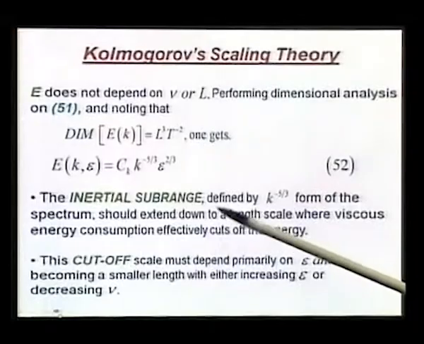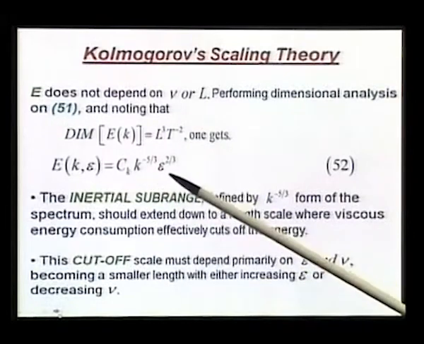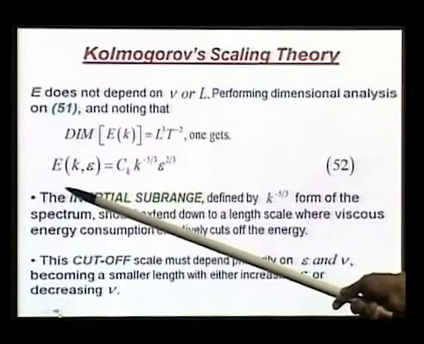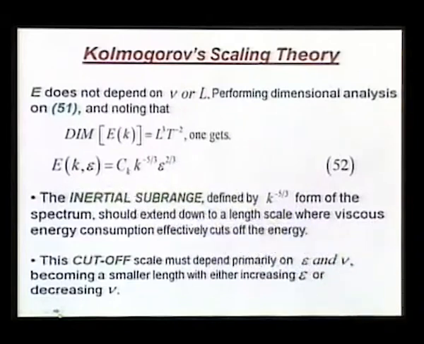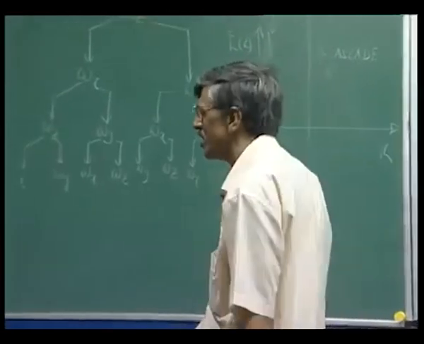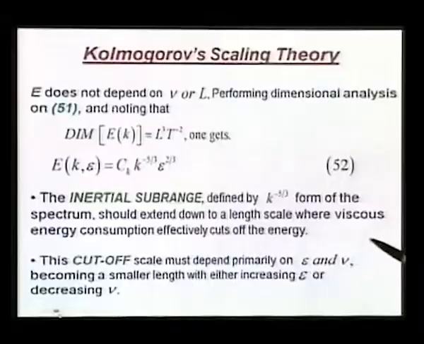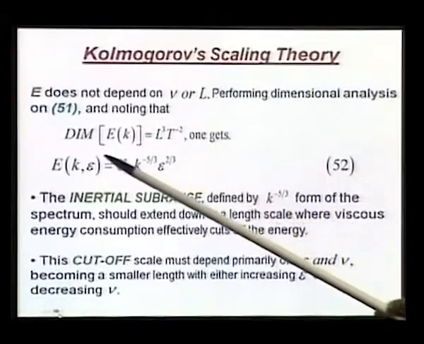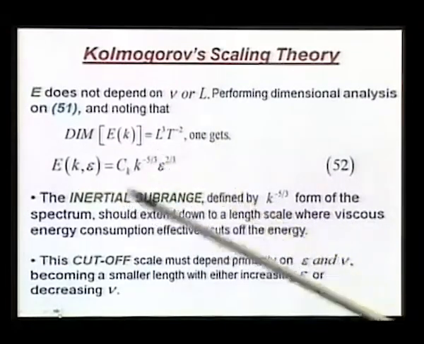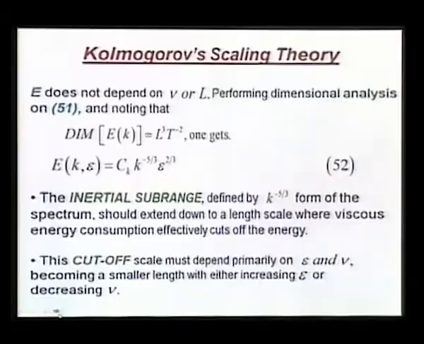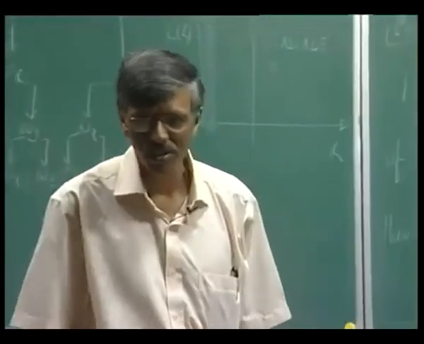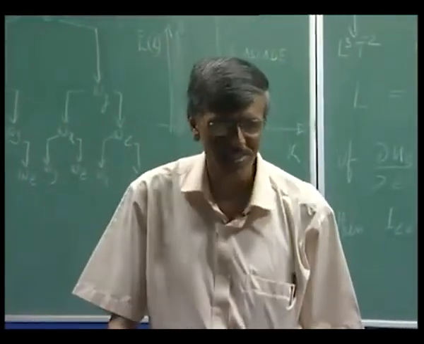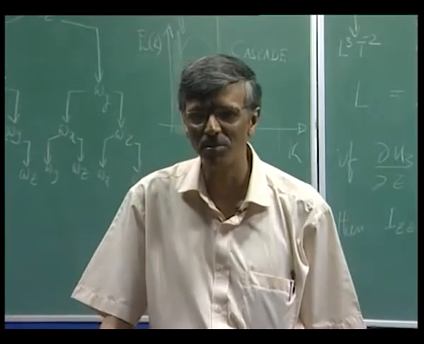Those that will tell you this is it, that in the inertial subrange the energy spectrum is given by this. This is a fantastic result, very simple in approach, but very far reaching in consequence. What we find is that in the inertial subrange the energy varies as k to the power minus 5/3. So, this is the result by which the whole community swears that we have an inertial subrange in turbulent flow,